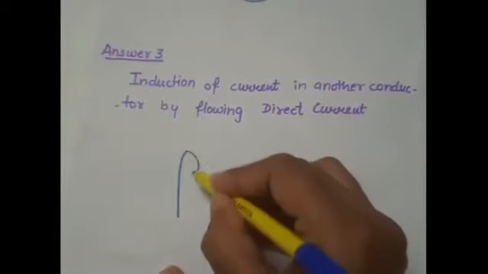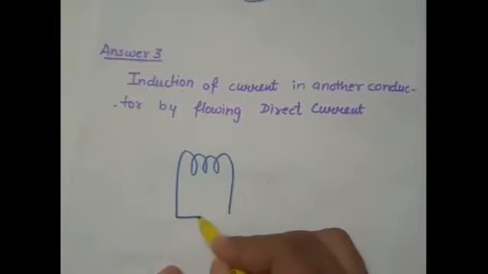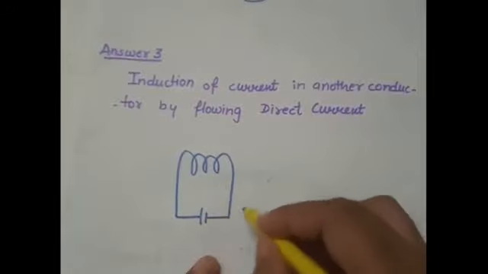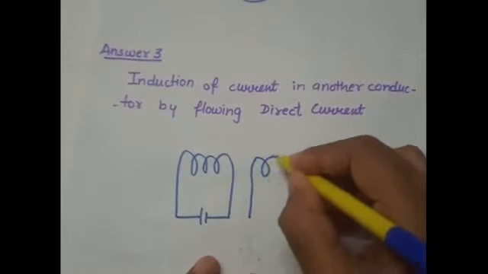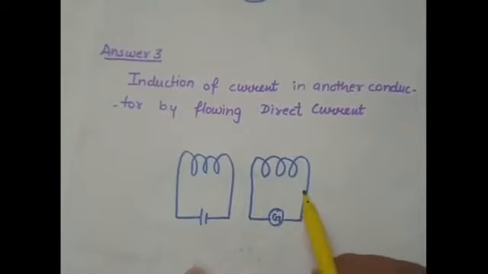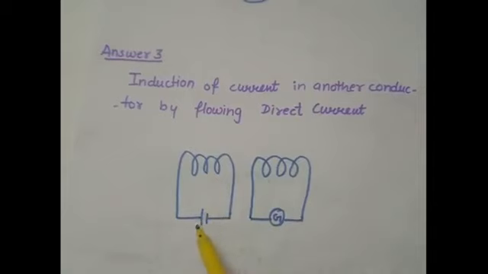So let's say this is our first circuit which we have connected with the battery, which will give us a DC current, and this is kept near another closed circuit which is having a galvanometer attached to it. So the condition is that the DC source is given to you. What will happen? When we switch on the battery, the current will start increasing and it will reach a maximum value, till the potential difference at both the points becomes equal.